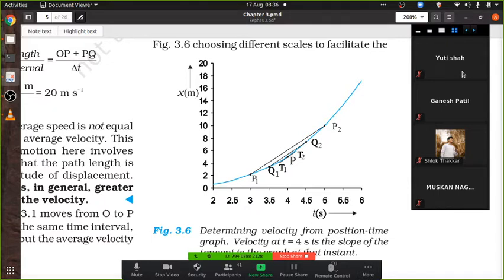After I finish. Okay, now see. The question was, from 3 second to 5 second we are going. I mean the points P1 and P2, which I take into my consideration. Using that, if I take projection on the x-axis, I'll get the distance traveled. If I take projection on this time axis, I'll get the time taken. The ratio will give me the ratio of distance and time. The question was, will I get average velocity or will I get instantaneous velocity? That was the question. Instantaneous velocity. Okay, one answer is instantaneous velocity.